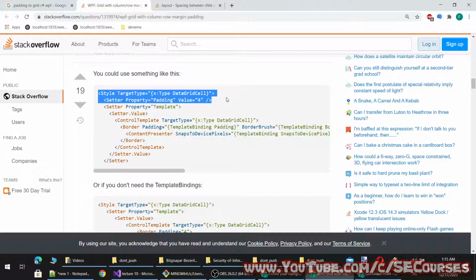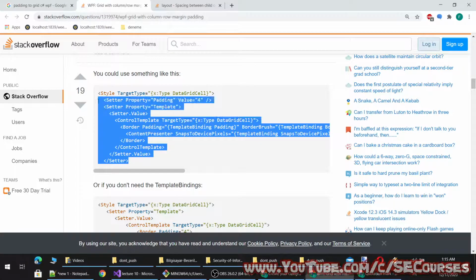There is a style target. Maybe this can work. This is a style target type.